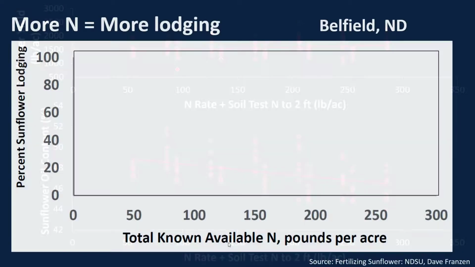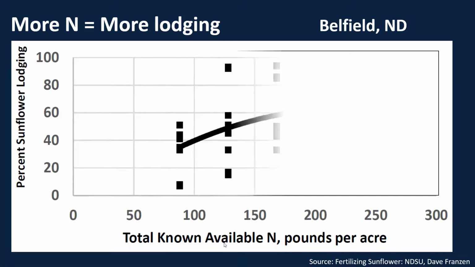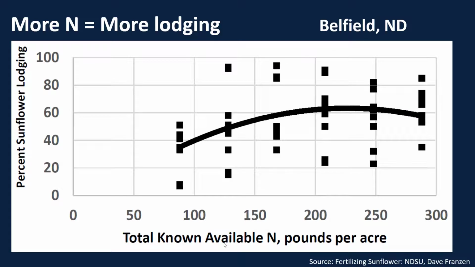So another factor to consider is lodging. How does more nitrogen affect lodging? In this graph on our y-axis, we have our percent sunflower lodging, and on our x-axis we have our total available nitrogen. And this is a site in Belfield, North Dakota in their fertilizer studies for sunflower. As you can see here, we see an increasing relationship between total available N in the